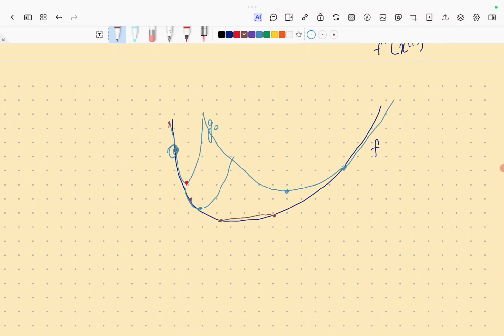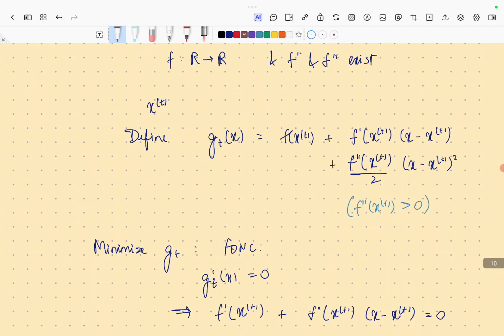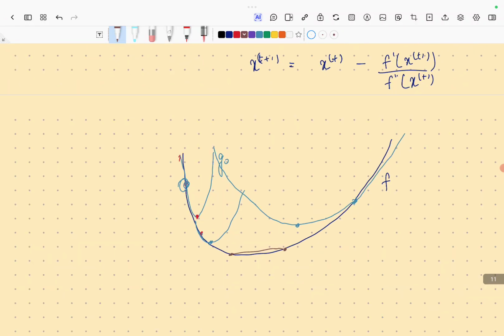Okay. Any other questions? What exactly is g? So g is just a quadratic approximation of the function f. f can be any convex function, any strictly convex function. We are approximating at that point. At that point, you are approximating by a quadratic function. So at each step, this is your